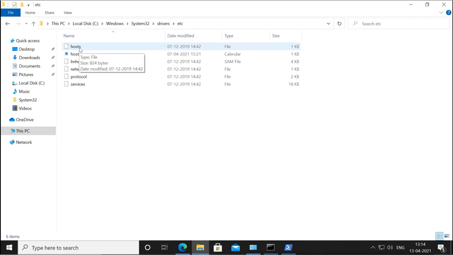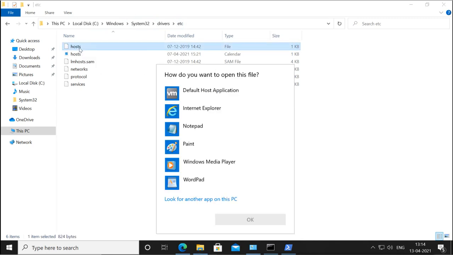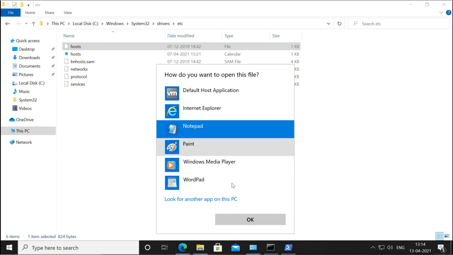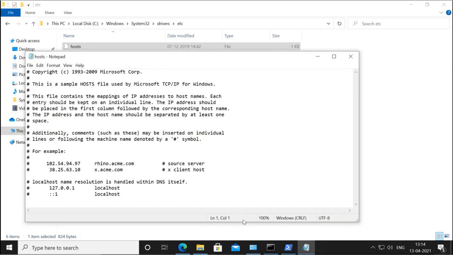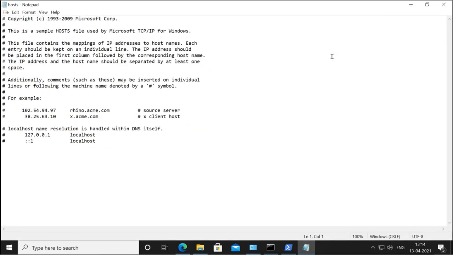If you open the file in Notepad, now you can see there is no record, but it is showing you how you can add records. You can add a record like this, name and IP address. It says IP and name, you have to add it like this. But these records are not active, they are commented.